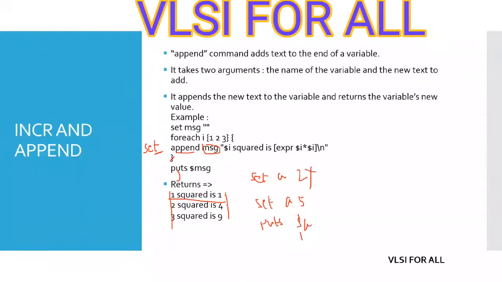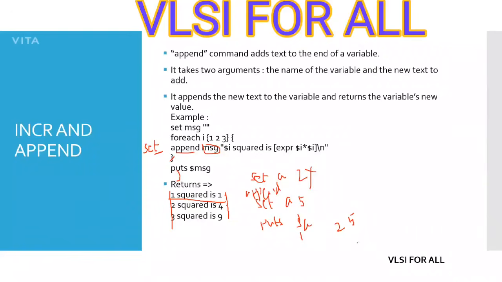But if you want to set A as 2 and then add another value to it, if you use an append command here, it's going to print 2, 5 with a space between. It will take this as a list. We'll look into lists later, but it's going to be 2 space 5.